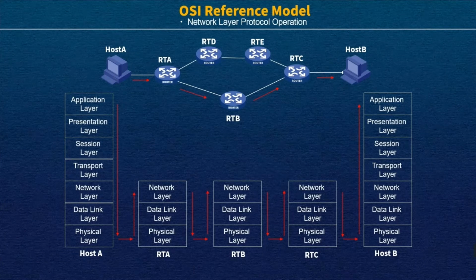And host B, as a receiver, only focuses on the data. I only want to know what time and what place we will have the dinner. So the computer will delete all the network information: delete the physical layer, delete the data link layer, delete the application layer, and finally give the sentence to the customer. So this is the whole process.